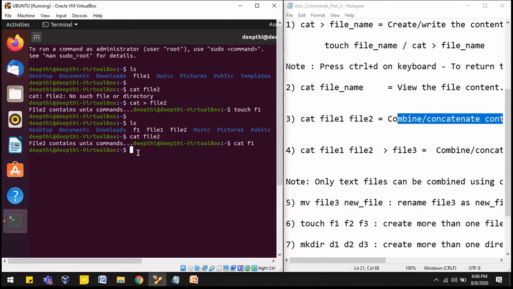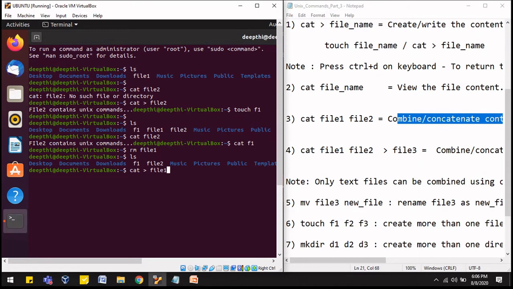Let's say what I'll do is I will first of all remove this file 1 so that it's easy for us to relate it. So I'm removing this file, and if I once again see ls, you can see that file 1 has been removed. Now with the help of the cat command, I will once again create this file 1 so that whatever parameters I have used in this lecture can be related to you. So I am trying to create it with cat.